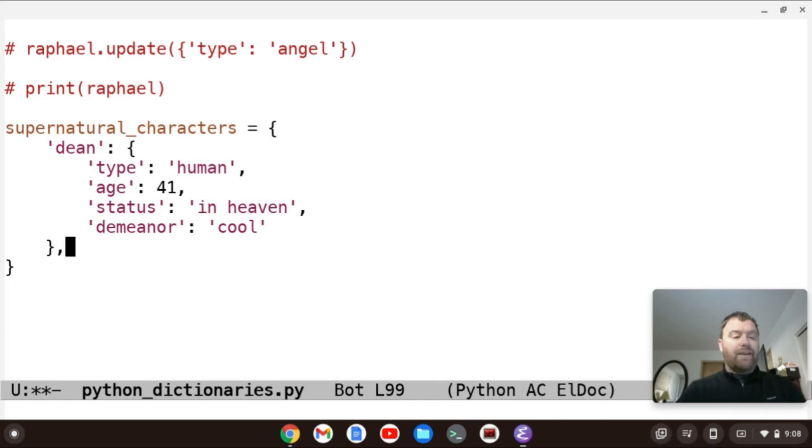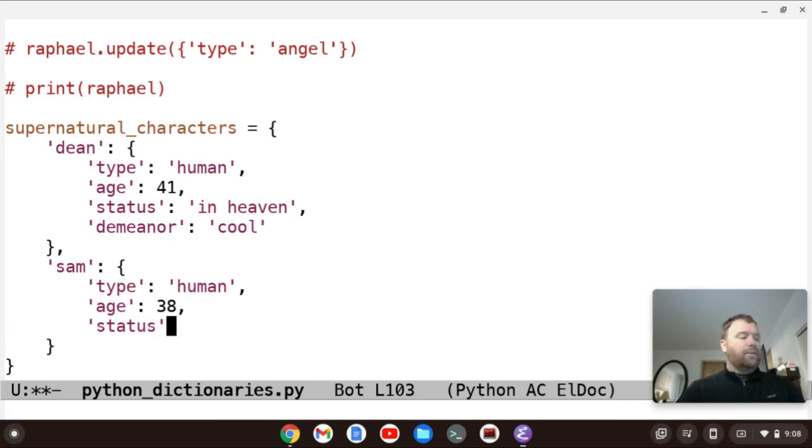To get the next one, we have to have a comma after each key-value pair, except for the last one. We pass in the next key, which is going to be Sam. Sam is also going to be a dictionary, and he'll be of type human, age 38, status in heaven, and demeanor will be whiny.